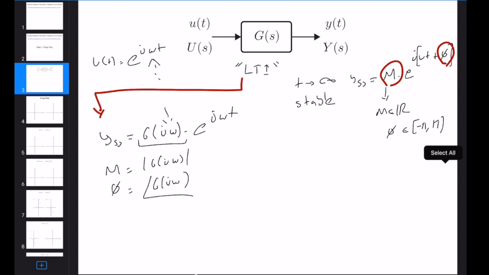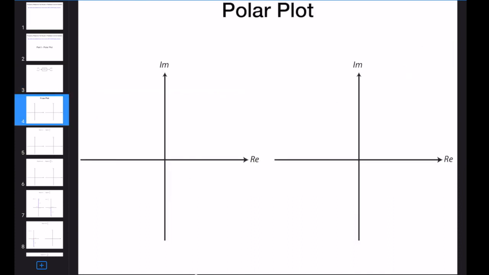If we do this for many frequencies, we can characterize the frequency response of the system, which can be helpful for designing controllers, filters, or doing different kinds of stability or robustness analysis. So how can we plot the frequency response? I think most of you know the Bode plot, and we will cover that again, but not in this course, later. Today we will start with the polar plot.